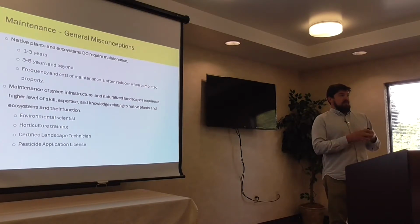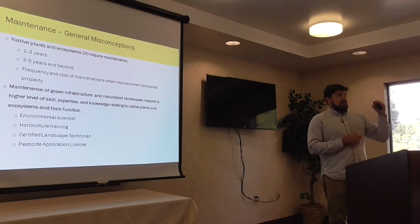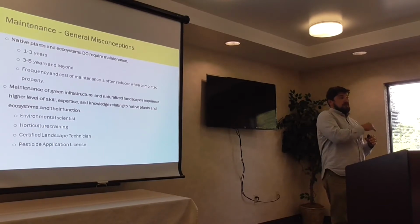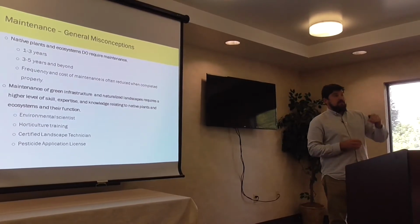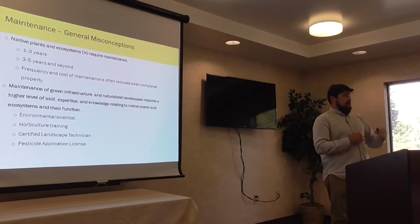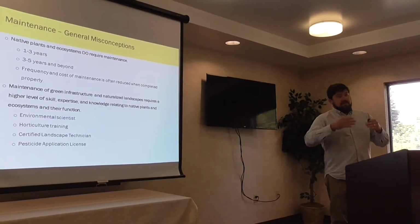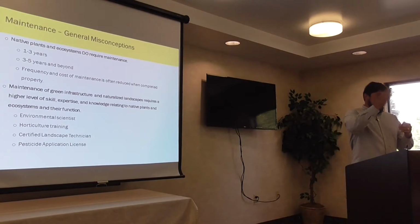But when I put together an operation and maintenance plan, it's detailed information down to why you're string trimming and why you're mowing, and why you can't always use mowing when you need a string trim, but you can use string trimming as a mowing tactic. It's really detailed. And then I put together schedules. They're estimated, and I say that, but it says year 1, 2, 3,